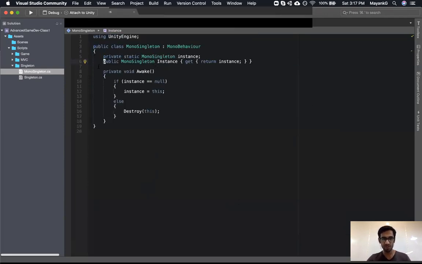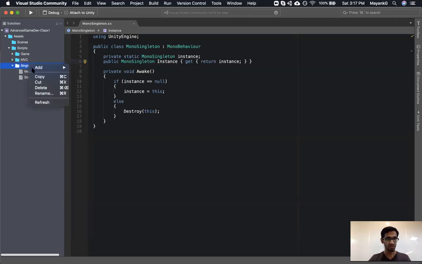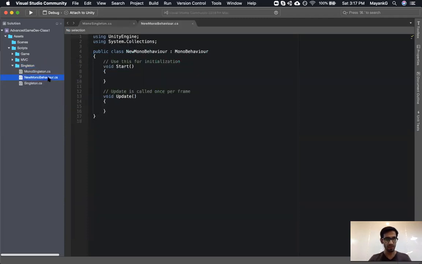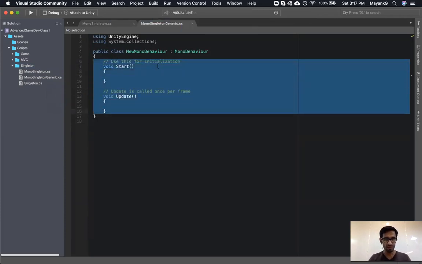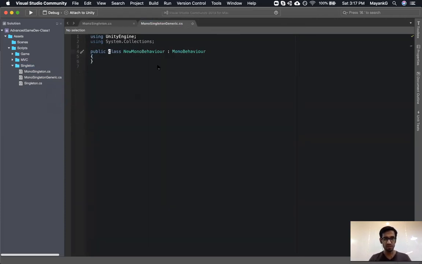So this is our first version of mono singleton. I'm going to create a new mono behavior and rename it to mono singleton generic. I'm going to remove all this, and now I'm going to say this is a mono singleton generic,